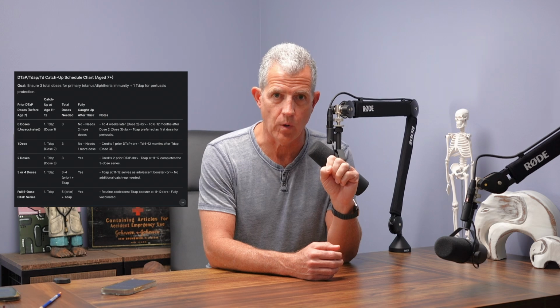If the child has 2 doses of DTaP, that means that they're missing 3 doses, and now the child turns 7 years old, you can give a tetanus diphtheria pertussis shot, which is different than the diphtheria tetanus pertussis shot. So here on this one for the 7-year-old, it starts with tetanus, diphtheria, and pertussis. Tdap is what it's called in short. That'll act as the 3rd dose. Then when the child is 11 to 12 years old, we would give a 4th dose, and then they would